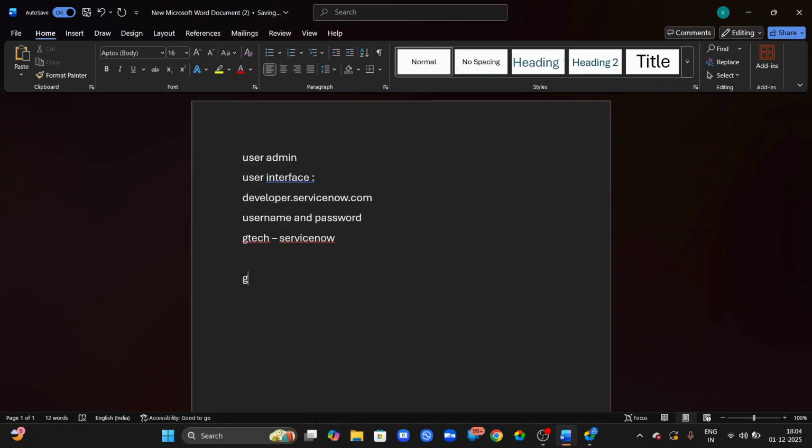So it's going to be like gtech dev dot servicenow dot com,